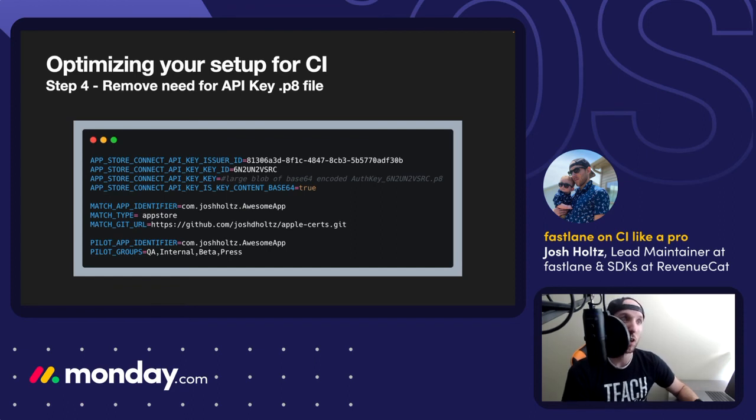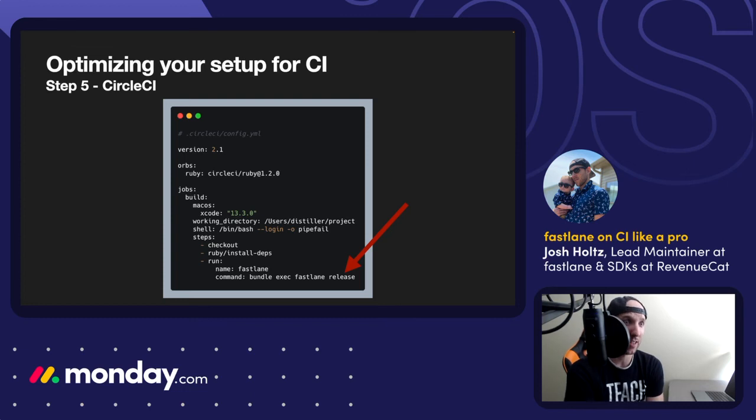Now we have to set up our CI. So I'm going to use CircleCI for this example. This is what our CircleCI YAML file is going to look like. Pretty much all we're doing is we're going to spin up a Mac job with Xcode 13.3 and call our lane release. And then Fastlane is going to take care of the majority of it. There's no complex bash scripts and stuff that need to get done in here. Everything is contained. The same thing you're running on your local machine is now running the exact same way